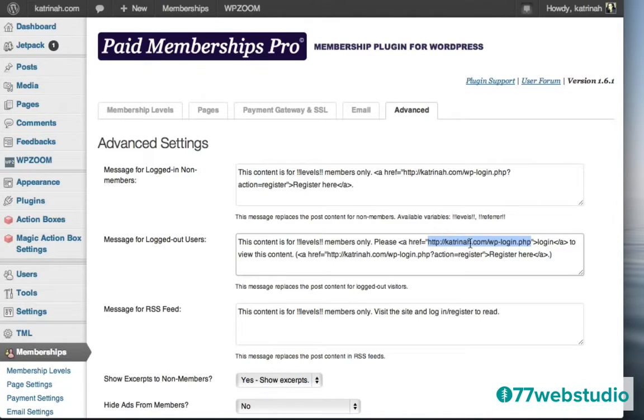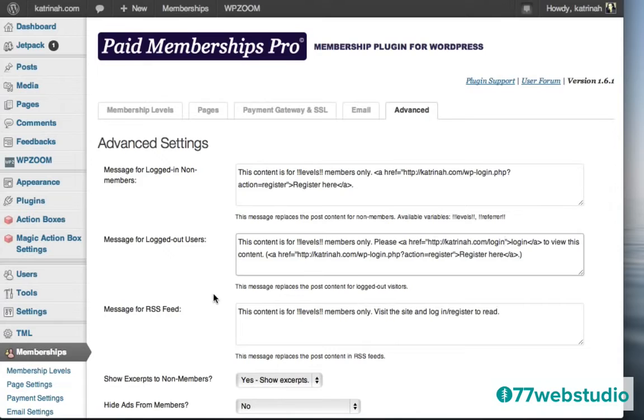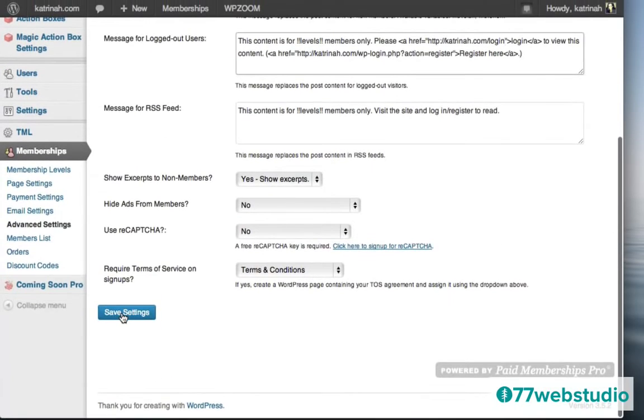And I'm just going to replace this code right here, and I'm going to paste in the other code, which is the URL for my login page. So now it reads bracket a href equals, and there's a quotation, http:// my domain name /login, and then another quotation and a bracket. So once we have that ready to go, I'm going to scroll down and I'm going to click on Save